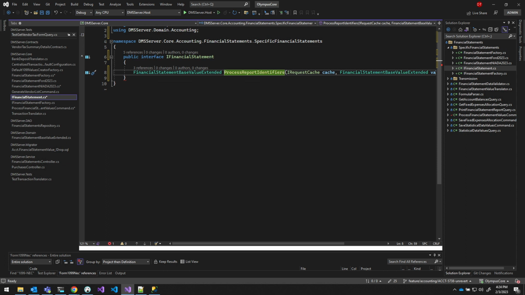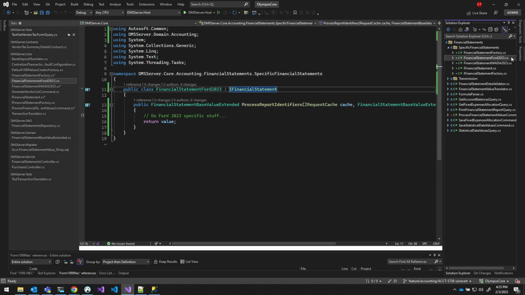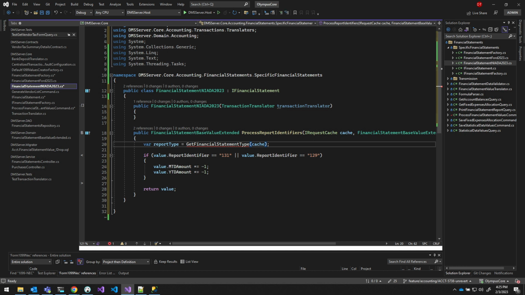We would have some very clear-cut examples of how the other reports had done it, and it makes it very explicit what's going on. We're processing the report identifiers. This is where we put all that special case code, and it's not a mystery. The way we ended up solving this particular problem was to create in the database a fake report identifier and then multiply it by -1. There's no comments, there's no naming conventions that would tell somebody who hadn't seen it before what's going